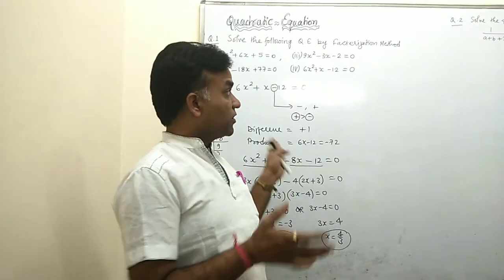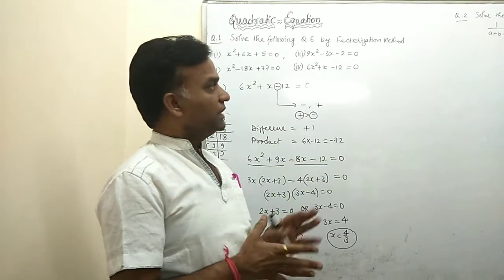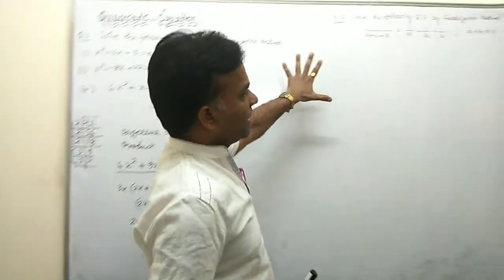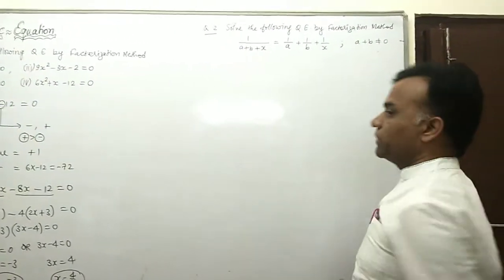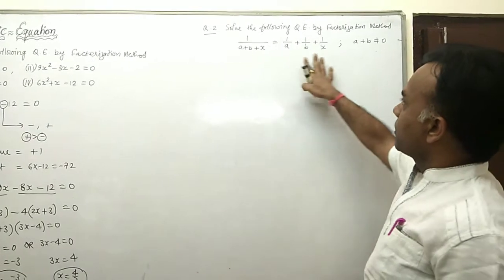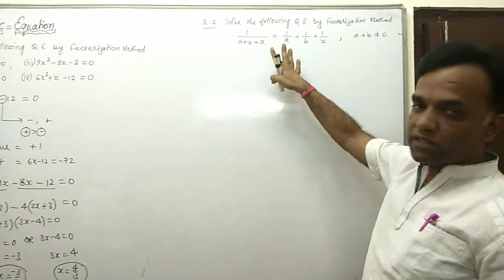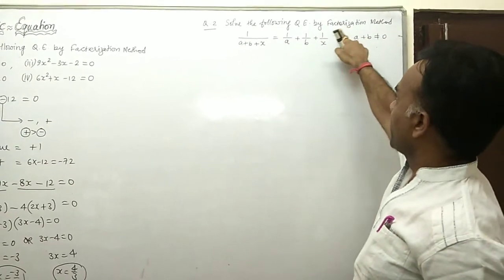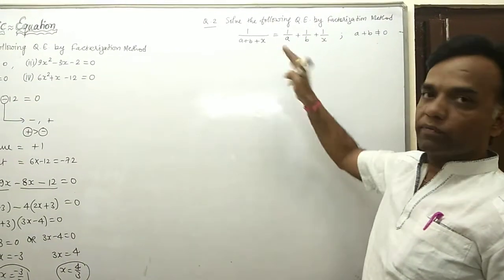And in this video, with the help of an example, I also explain the factorization method. One more type of question is related to another form, where the complete quadratic equation is not given. Another form is given, and then you have to simplify it. Since the given form is not a quadratic equation, first you convert it into a quadratic equation, and then with the help of the factorization method you simplify it and find the value of the roots, the value of x.